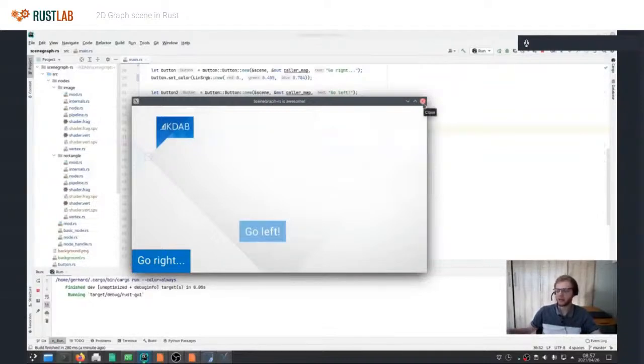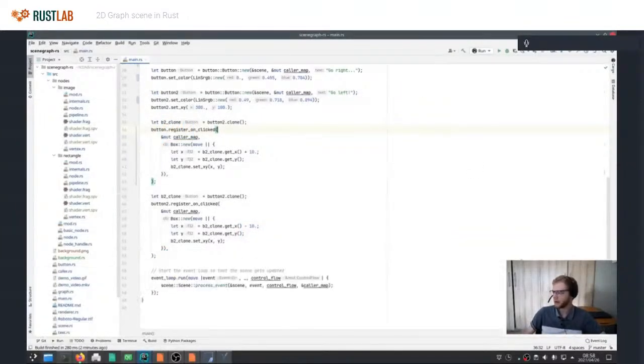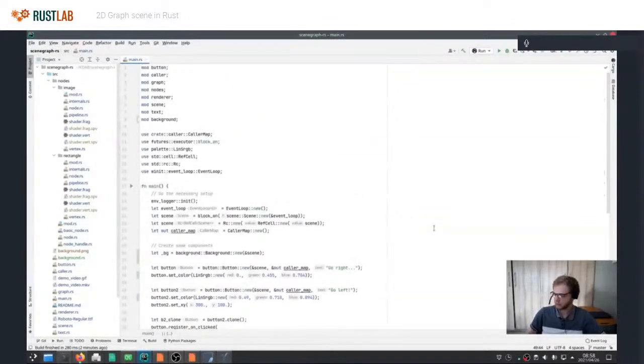But getting high performance text in the scene graph is actually quite a complex thing. There's a trade-off between putting it in a texture and actually using the GPU to rasterize text, because text has very complicated geometry, right? If you have to triangulate every letter, that becomes quite complicated. So I'm not going to get into that, but there's a lot you can do around optimizing text. Now let's quickly have a look at how I implemented this.